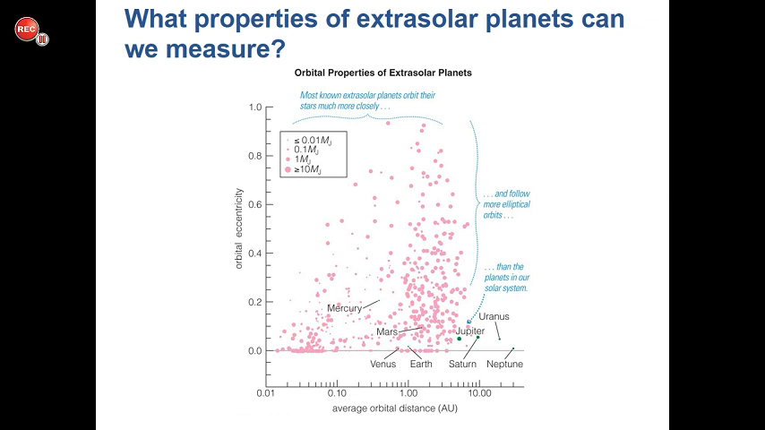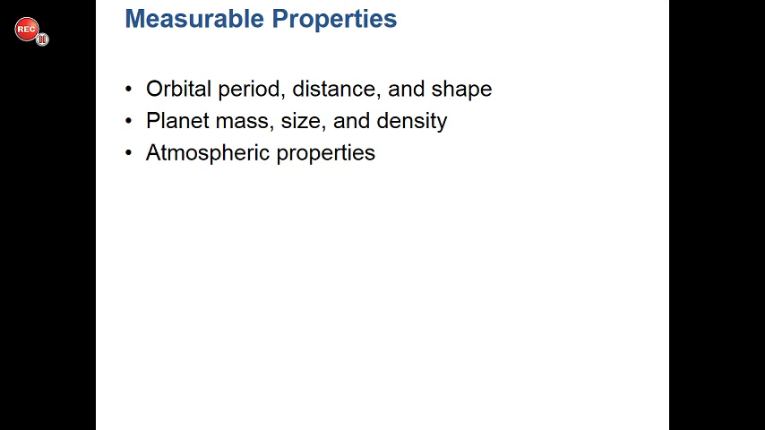And they're also eccentric. Some of these are strongly eccentric orbits. So things you can measure through the techniques that let you find the planets: you can measure orbital period, you can measure the distance of the planet from the star, and you can measure the shape of the orbit. You can measure the eccentricity. Now, there's some tricks to that, obviously, but